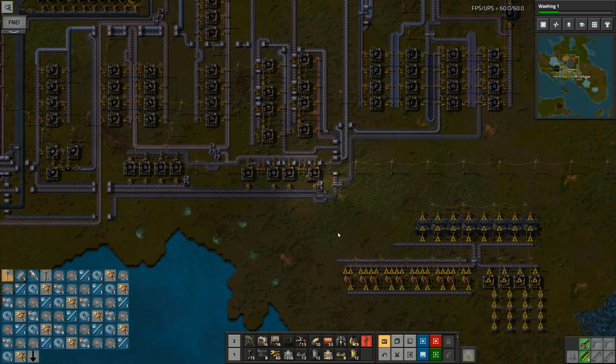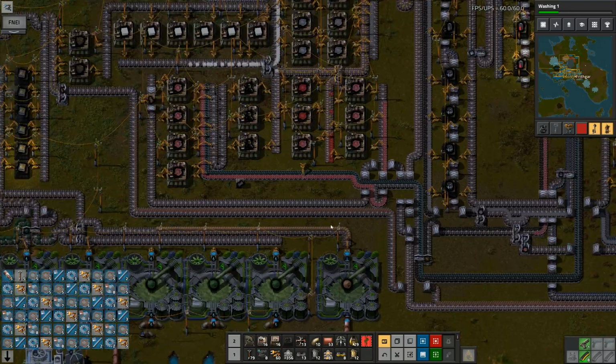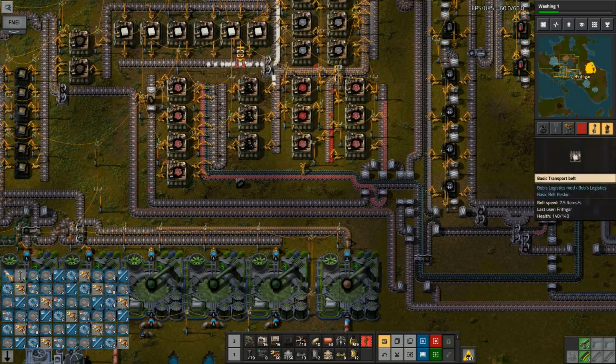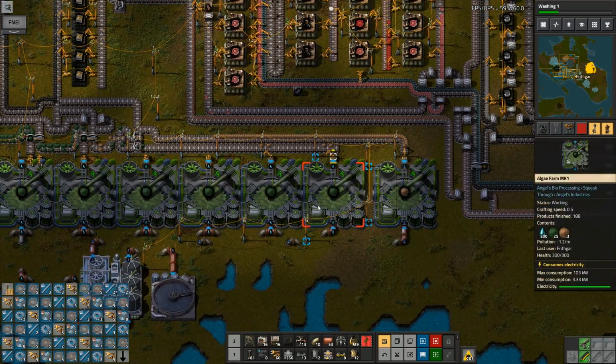And again, I have run out of copper coming over this way. Why have I run out of copper again? I've got no paper coming up this way. I've got a lack of cellulose. No, that's...